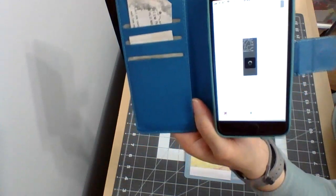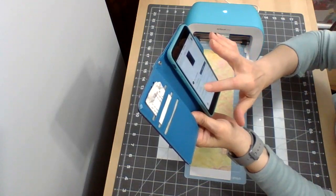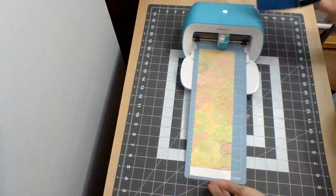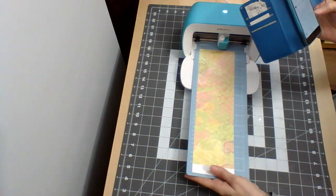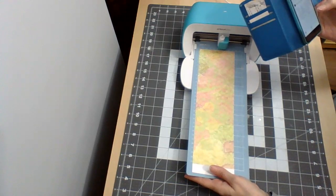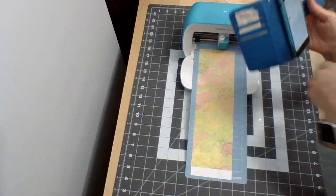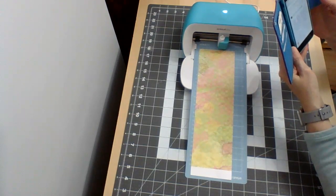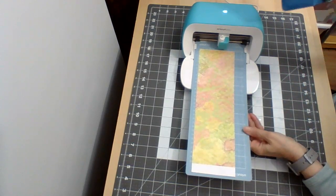And then it says this is cardstock, printed paper, and then it should load it. Takes forever to load the paper. I don't know. I think I got bad...